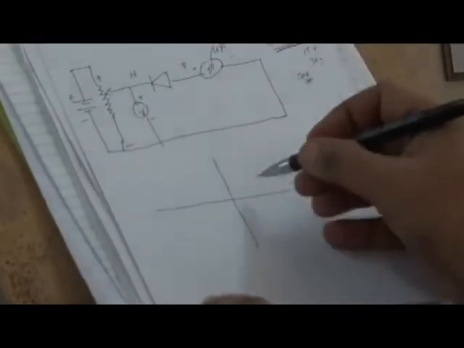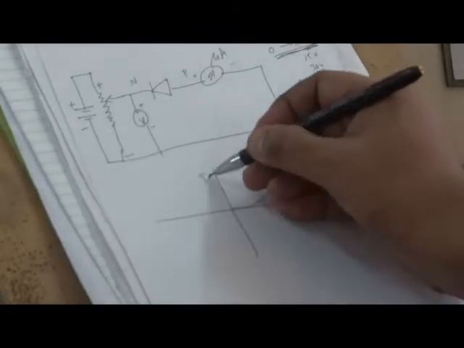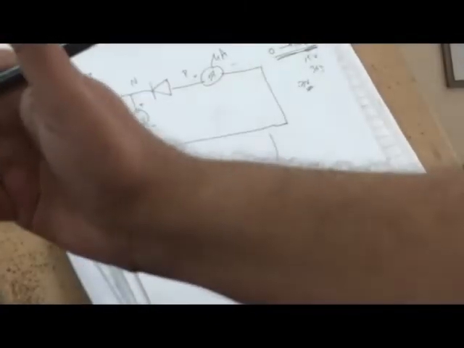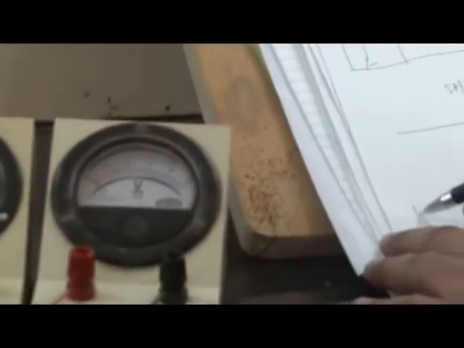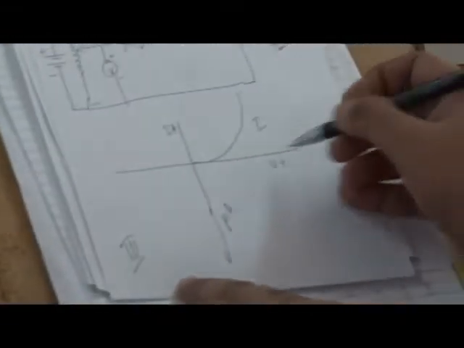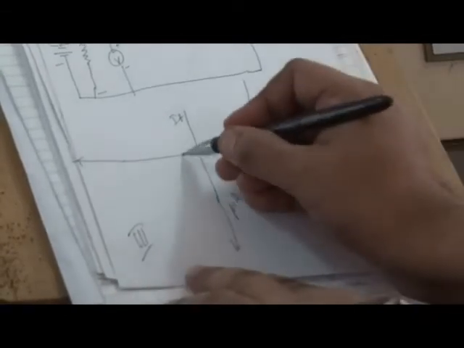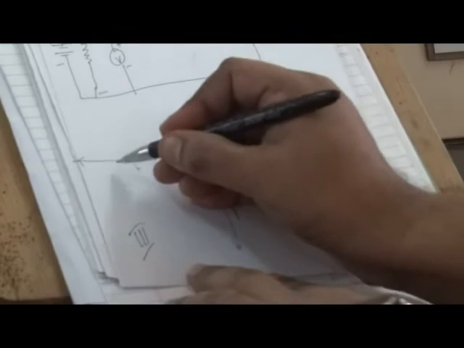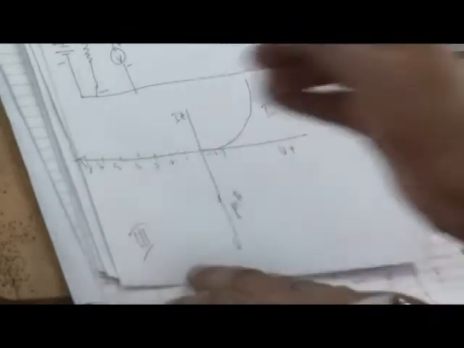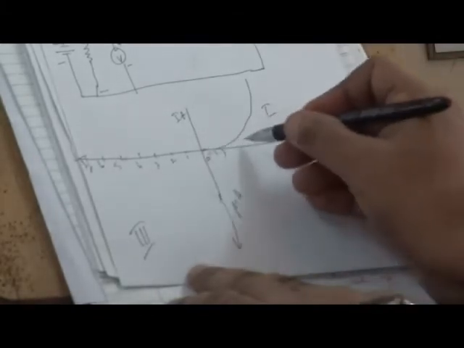Since the diode is reversed, the voltage applied is negative and the current is also negative. So in the forward characteristics we studied the first quadrant, where the voltage is positive and the current is also positive. Here I need voltage negative and current also negative. So I have to come to the third quadrant of this graph, and this current is in microamperes, and the voltage is not like 0.1, 0.2, 0.3. Here it will be 1, 2, 3, 4, 5, 6, 7 like that, all in volts. In the forward case it is also in volts, but it starts from 0 and ends somewhere at 1 volt.